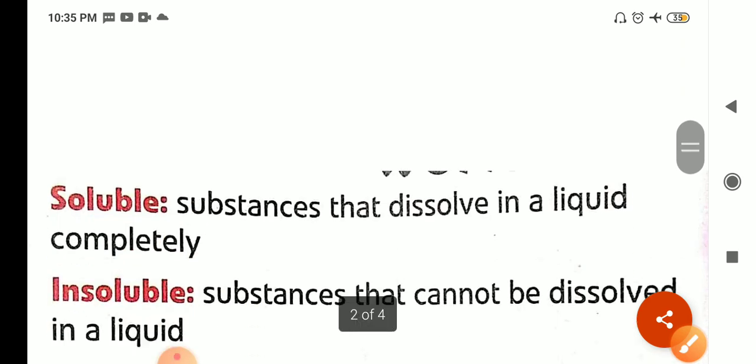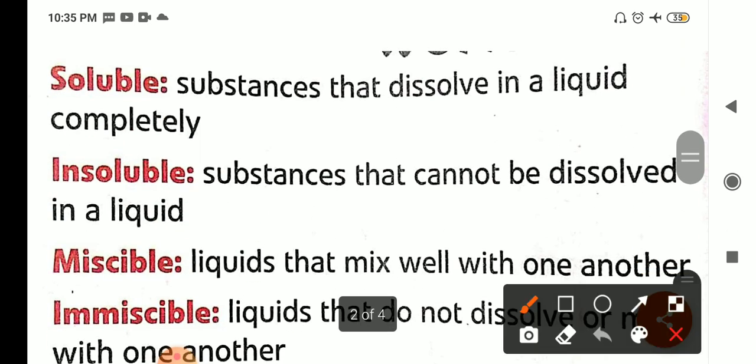Now next term for you, it's soluble. The substances that dissolve in a liquid completely are called soluble in that liquid. And next term is insoluble. Those substances which cannot be dissolved in the liquid are called insoluble in that liquid, right? Okay, now